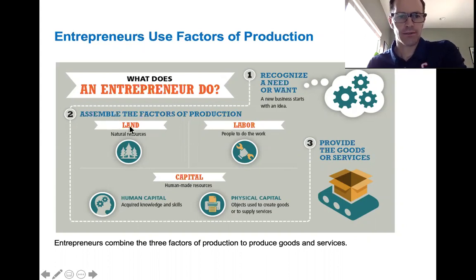Okay, so the land, he's going to have some type of place, mostly in this case we're talking office space. But labor, he's going to need computer programmers, accountants, lawyers, and then the capital too. Okay, so he's going to have to put together all of this software, make sure that it's secure. All right, and he's going to have to get this all effectively utilized in order to provide the good and the service. Now he did, but a lot of people don't. Okay, so it's a risky thing sometimes to be an entrepreneur. You sometimes lose a lot of money.